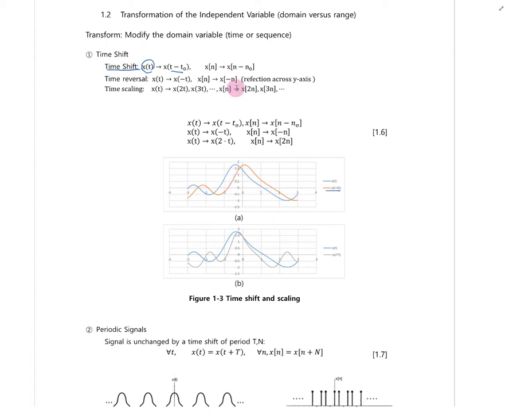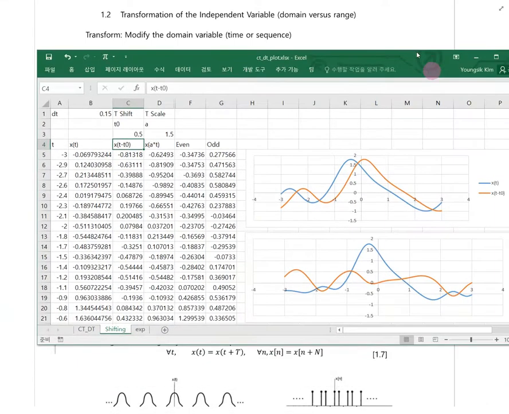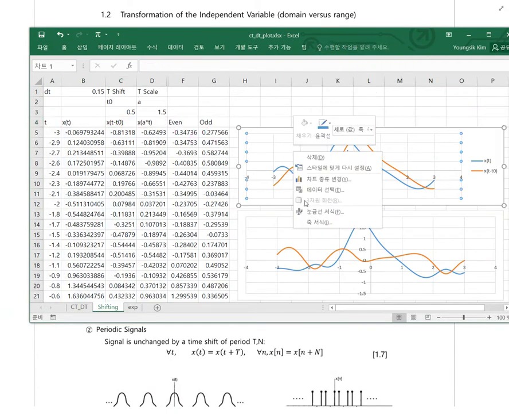It's the same for discrete time. Discrete time shifting can be expressed in this way. And the time reversal case is just a reflection across the y-axis. So this can be explained in this way. Here, if I would like to change the scale factor,